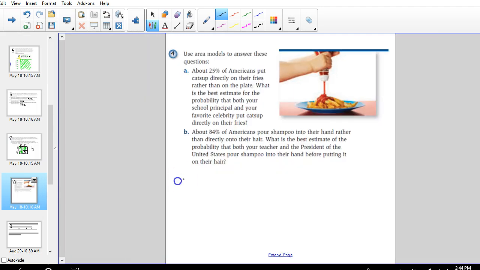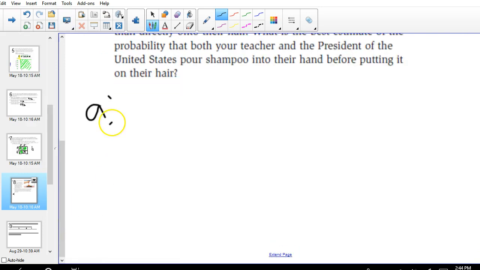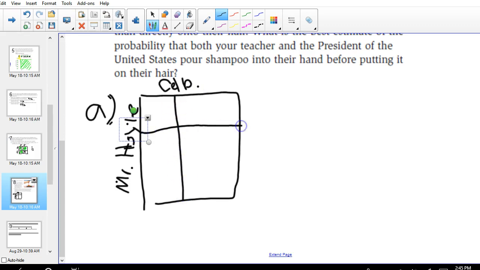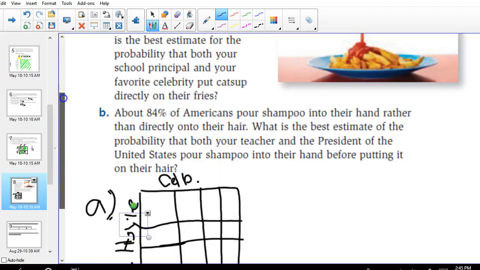So if we think of an area model for A, we could make us an area model, and we have Mr. Hoyle, and up here we've got the celeb. And there's a 25% chance that either one of them is going to put ketchup directly on their fries. So we've got a 25% chance here. So 25% chance that each one puts ketchup directly on their fries, and then a 75% chance